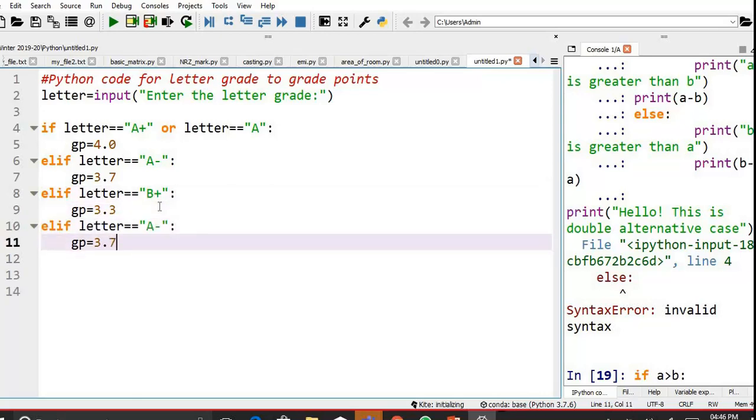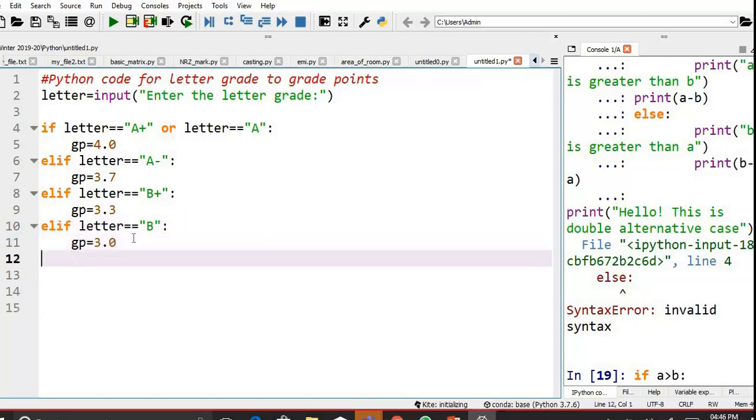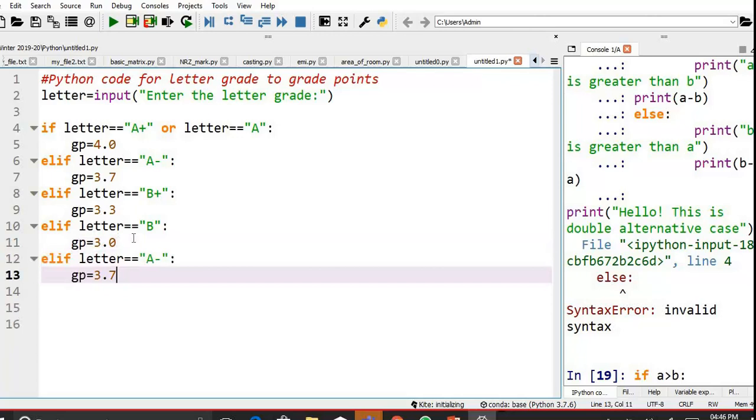Again, if it is B, grade point is 3.0. If it is B minus, grade point is 2.7.